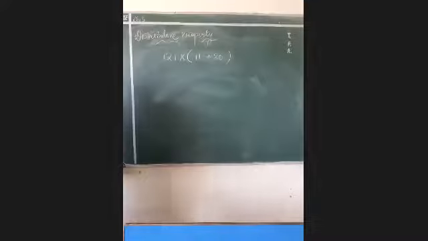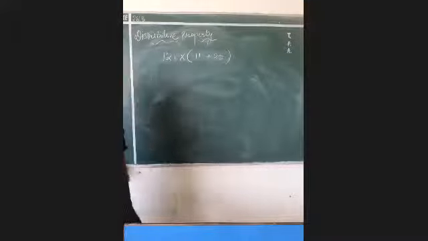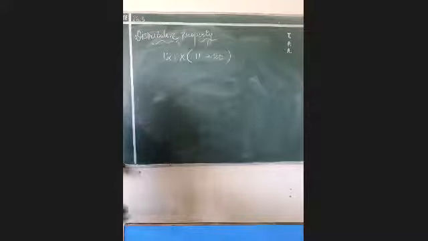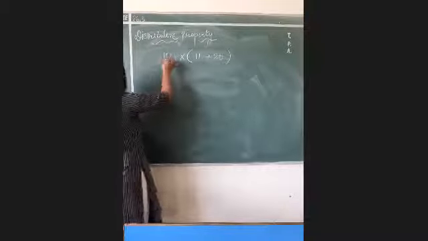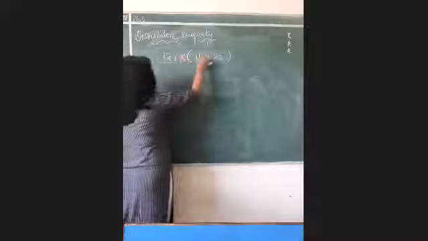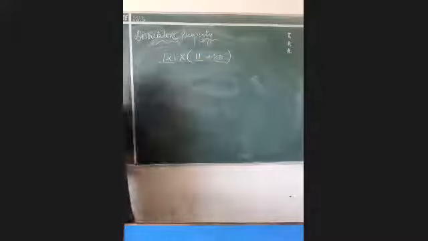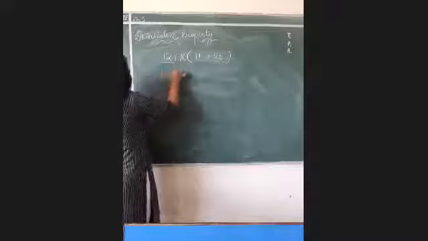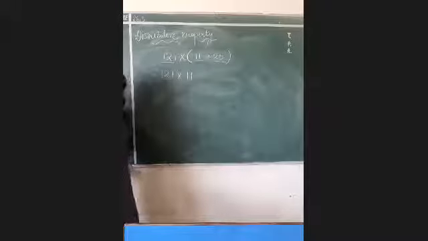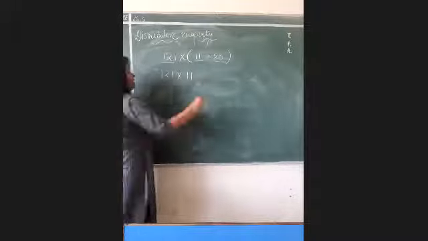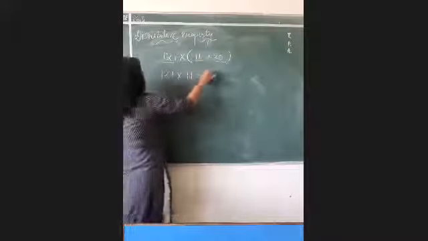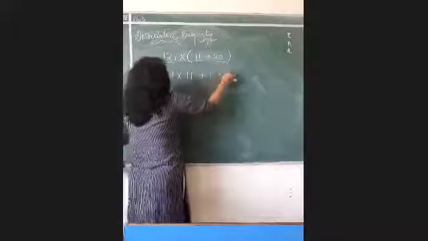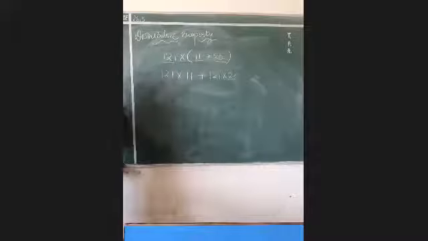This question was given by me: 121 multiplied by 11 plus 20. What we will do is first think that this is samosa, this is chutney, this is Changu and this is Mangu. So I will distribute samosa and chutney to Changu and samosa and chutney to Mangu also. First I will take samosa chutney to 11: 121 multiplied by 11. Then the sign of plus, and the same thing again, 121 multiplied by 20. This is done, and now we will multiply it.